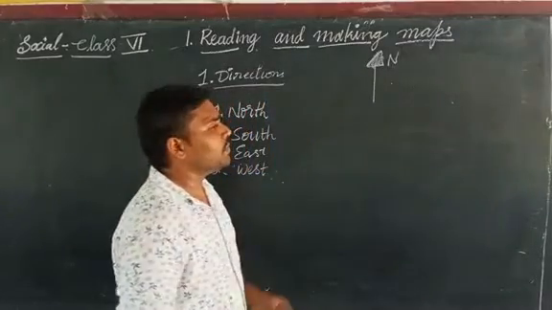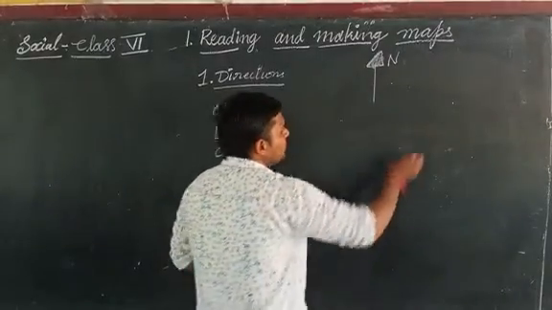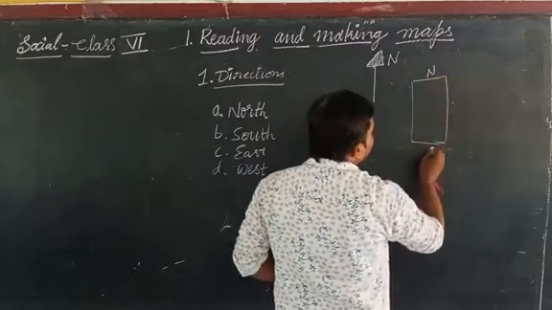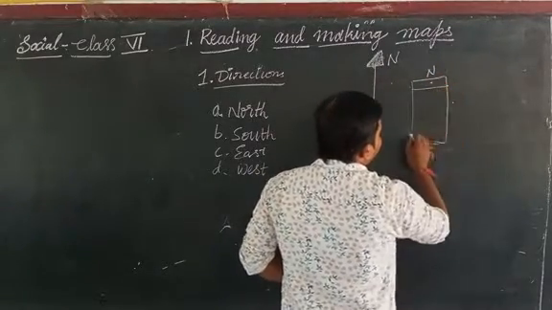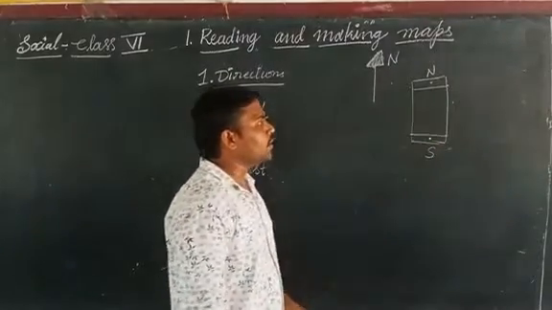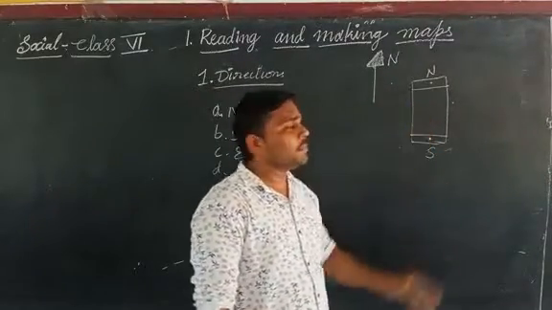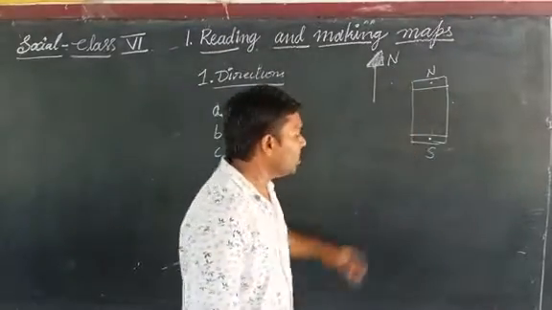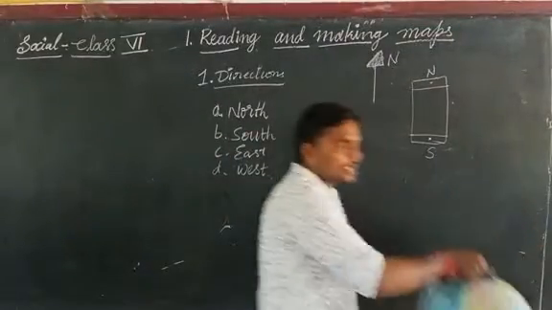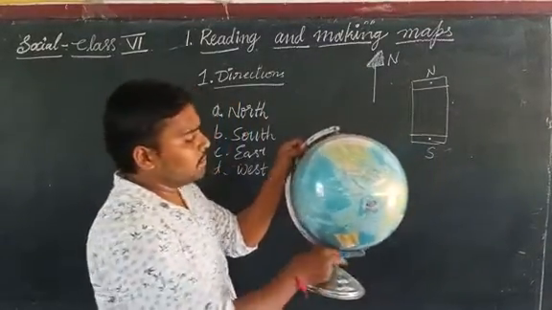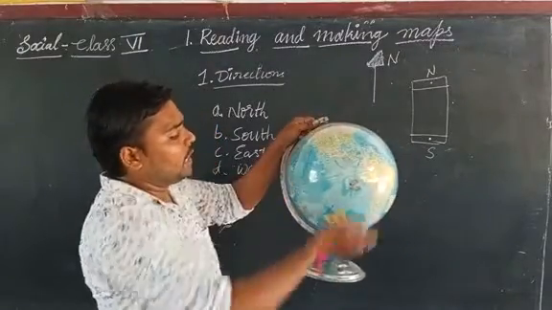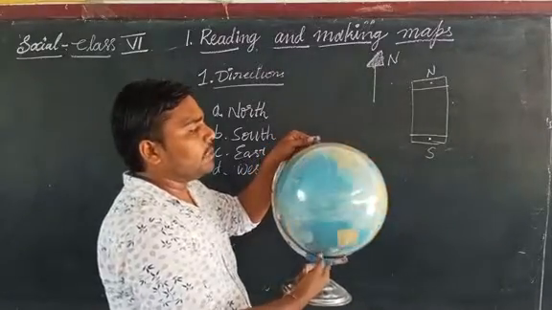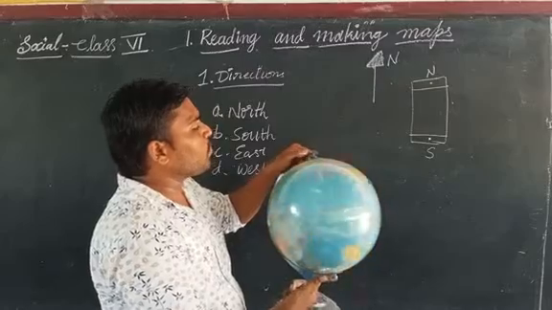If you see bar magnets, which are one type of magnet, they also have a north pole and a south pole. Like this, our earth also has a north pole and a south pole. Earth acts like a magnet. That's why in the maps